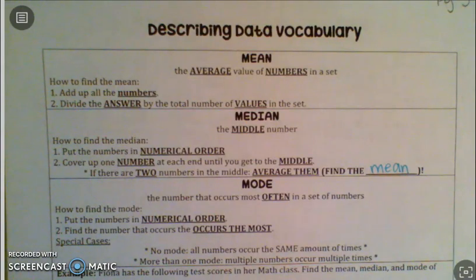So this is day 2 of describing data vocab. The mean is the average of the numbers, so you're going to add them all up and divide. The median is the middle number, so you're going to put them in order